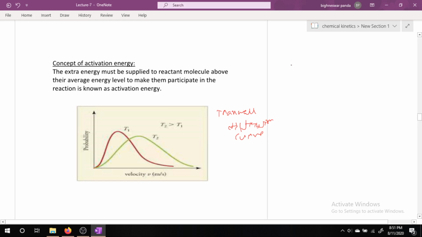So let us consider the Maxwell graph. If we study the graph, on the y-axis we have the fraction of molecules, and on the x-axis it is energy,